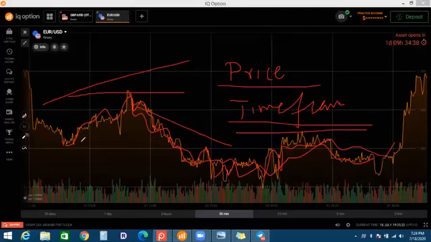When price moves in any direction, time is also running. And when I'm speaking, it means the seconds are running, time is passing. So when we are talking about the time frame, when we are selecting 1 minute, 5 minute, 15 minute, 30 minute or 1 hour, what is the meaning of the 1 minute and 5 minute